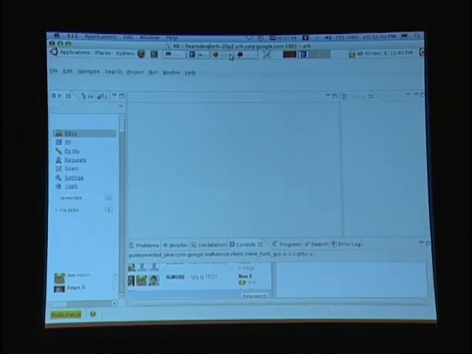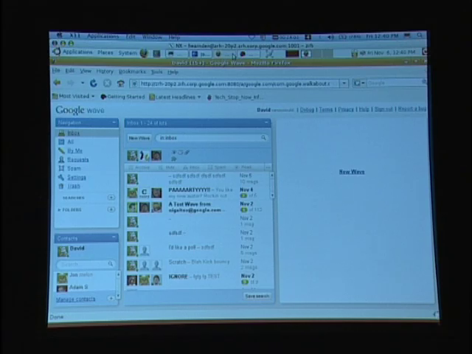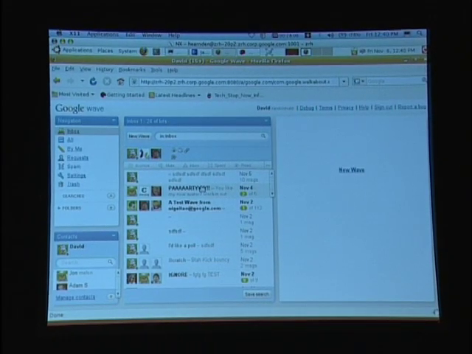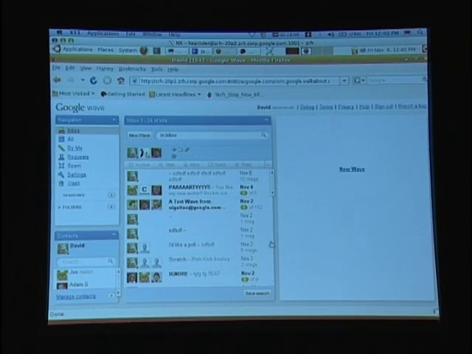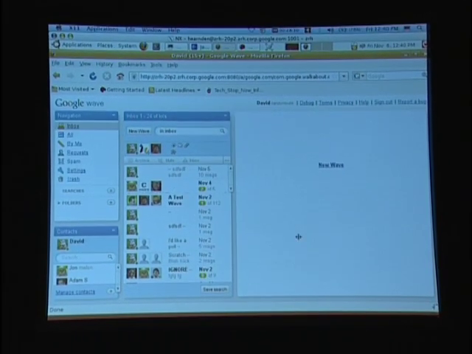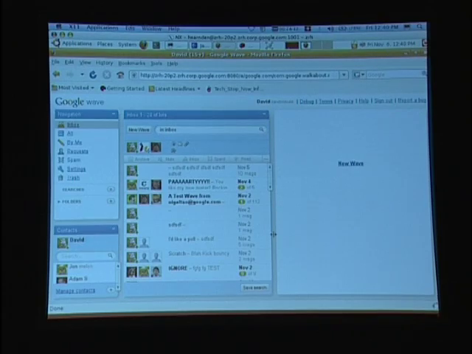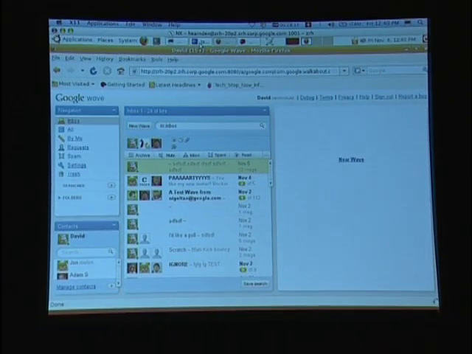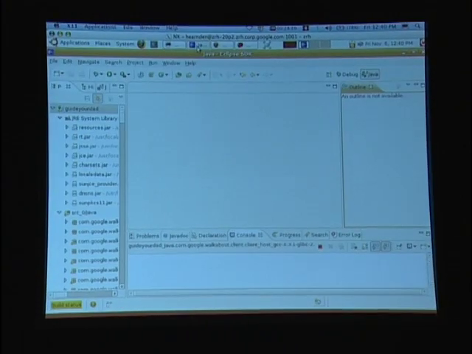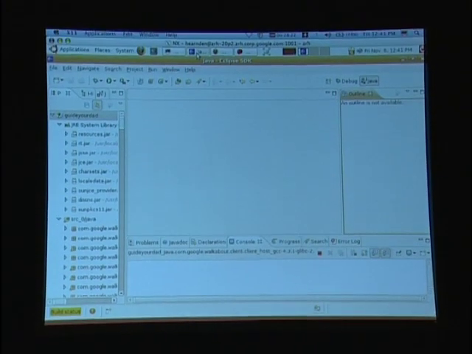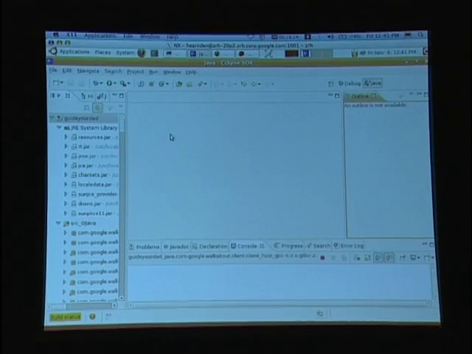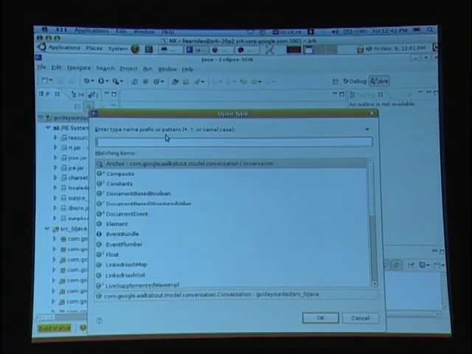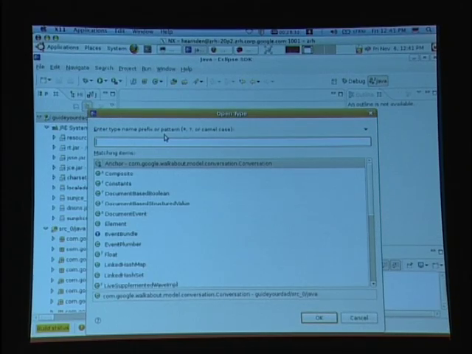So what I have here is a development setup. I've got Firefox 3 running here, and it's the Wave client. And you can see it's live and functional. I can move around, resize. I can open waves. Now this code is running in a Java VM, in Eclipse. And what that means is I can set breakpoints, I can change the code. For example,